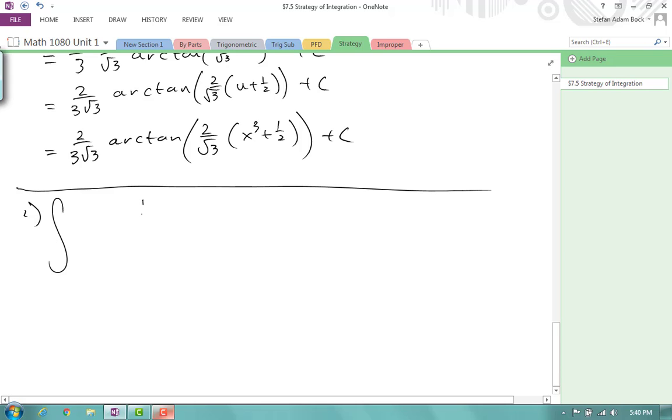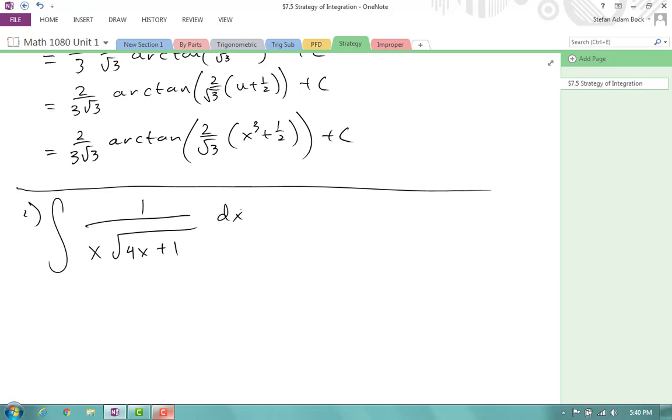If I have 1 over x times the square root of 4x plus 1 dx, I want to try to integrate this. Now, u substitution won't work. Actually, I can probably think of two different ways to do this. Now that I mentioned u substitution, if I said u was equal to 4x plus 1, no, square root of 4x plus 1,